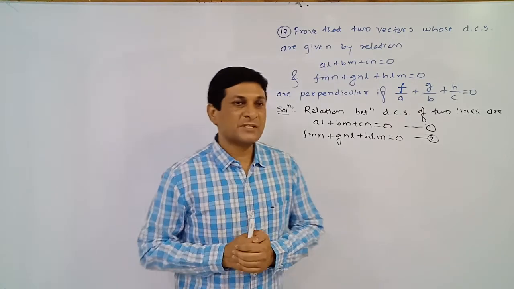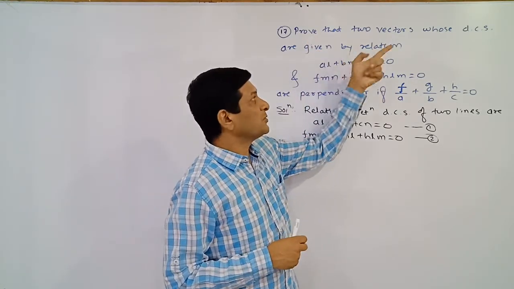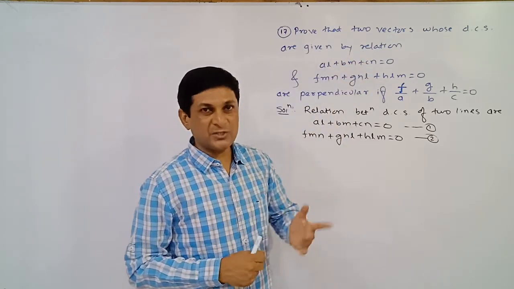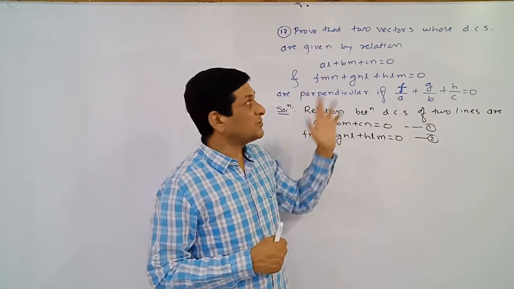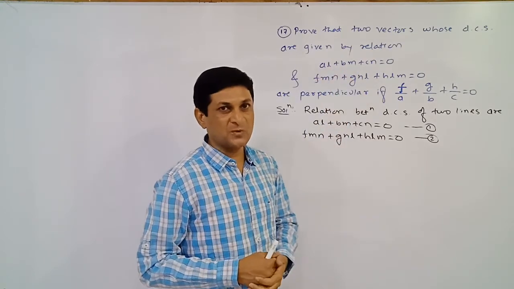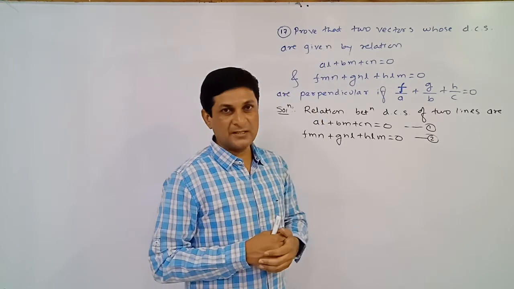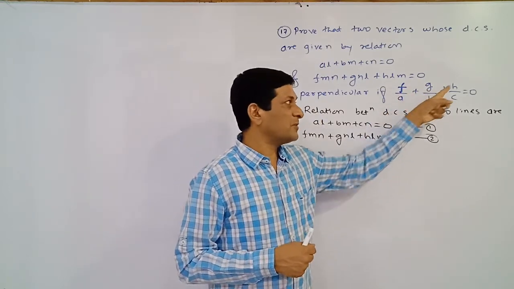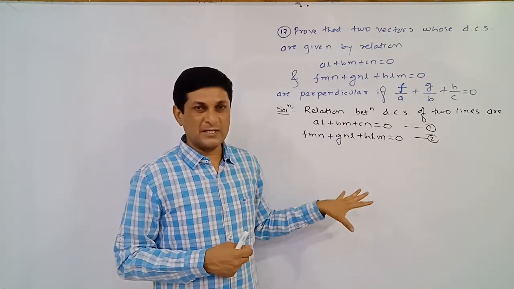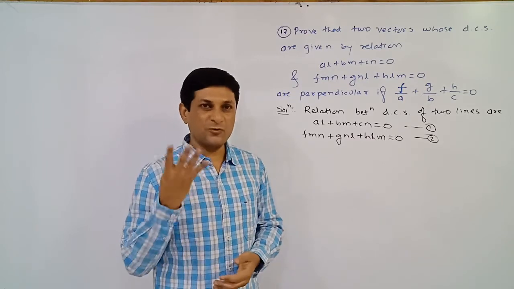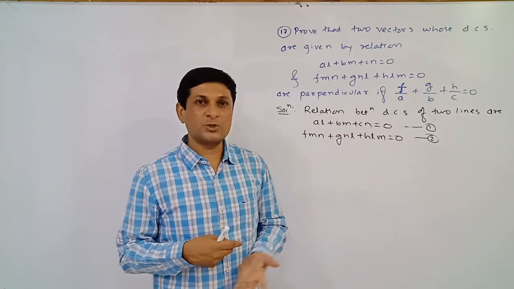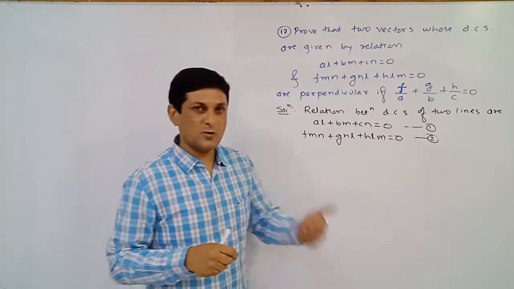Now see, in example number 17, the question is to prove that the direction cosines of two lines given by the relations, means these are the relations between the direction cosines of two lines. So two lines or two vectors are given to us, and their direction cosines satisfy these two conditions. And these two lines are what? Perpendicular. Then we have to prove that f upon a plus g upon b plus h upon c is equal to 0. So now we are going to prove this important result, and such a type of question can be asked for 4 marks. But these conditions, whatever condition we are getting here, can be used as a shortcut method while solving objective type questions. Later on we will discuss it.